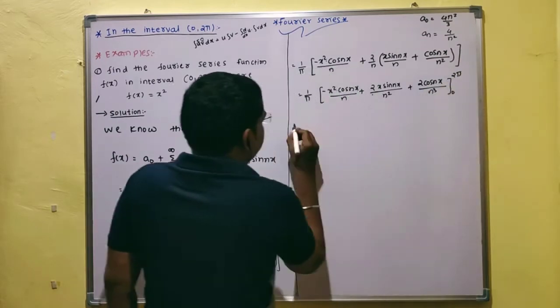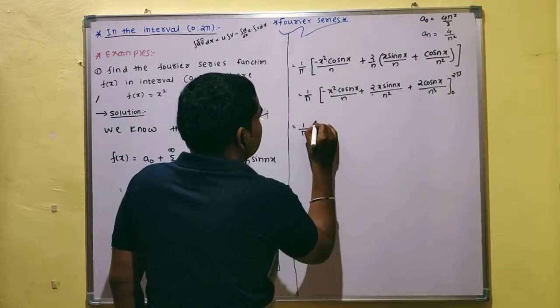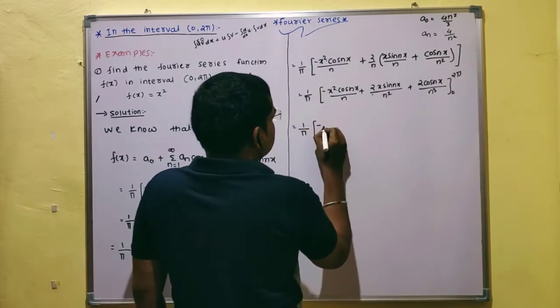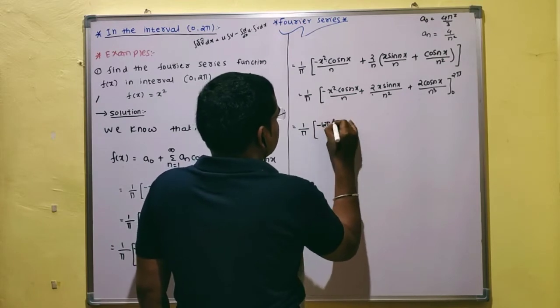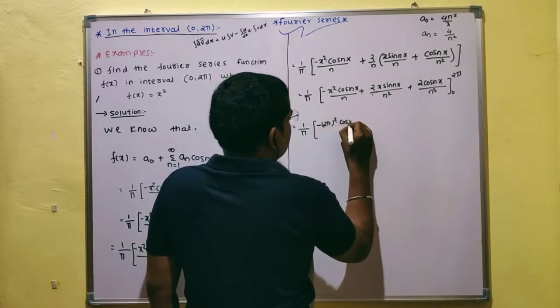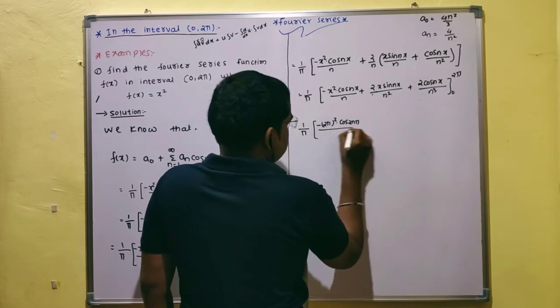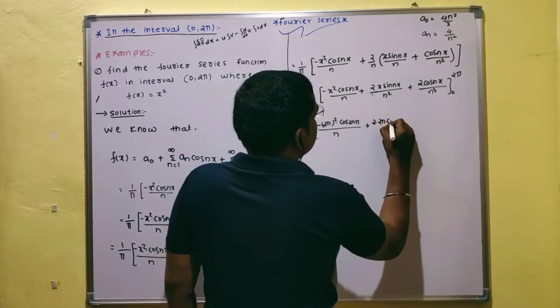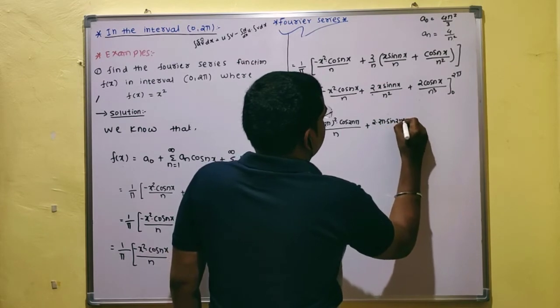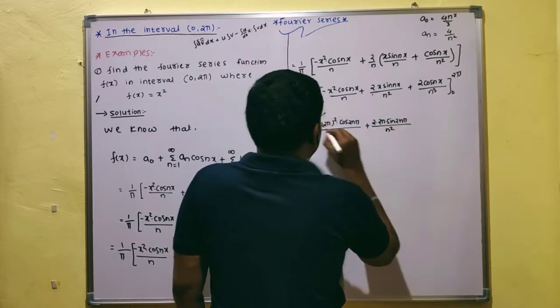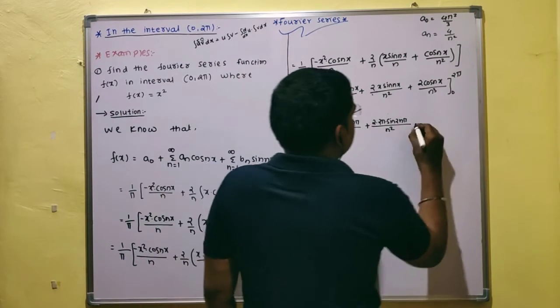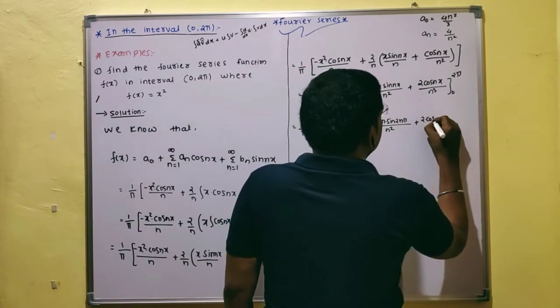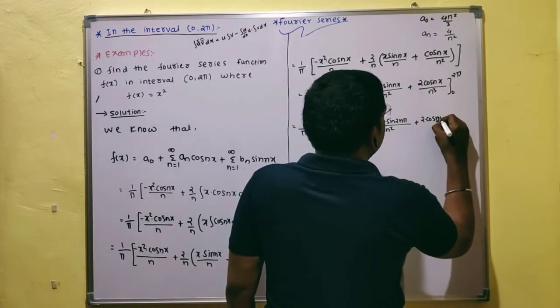Now put upper limit minus lower limit, 1 upon pi as it is. Now this upper limit: minus 2 pi bracket square into cos 2n pi divided by n, plus 2 into 2 pi into sin 2n pi divided by n square. This is the upper limit. Okay, plus 2 into cos 2n pi